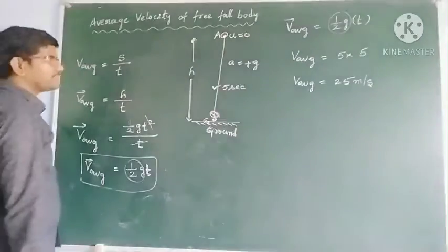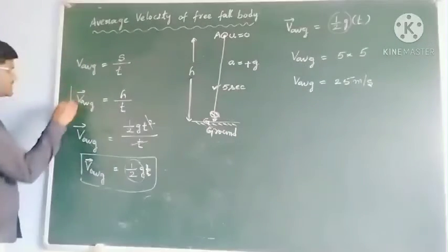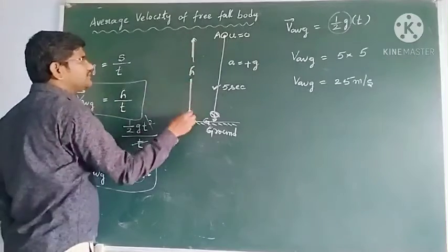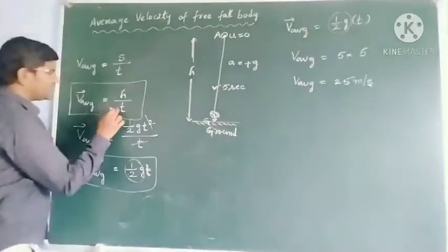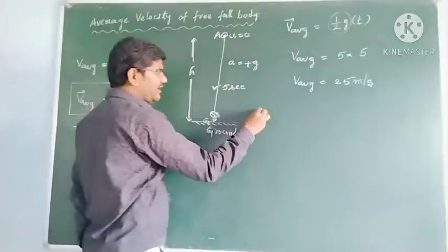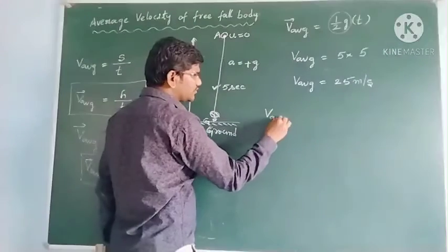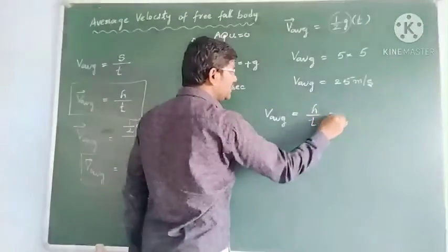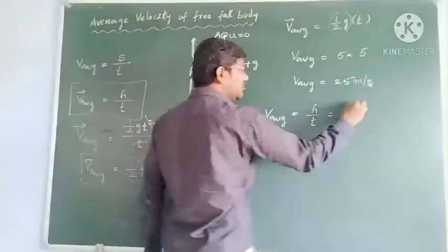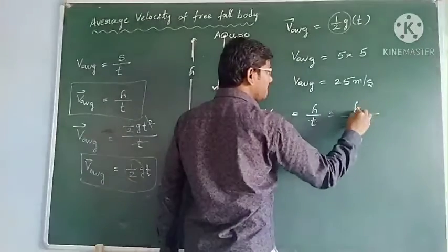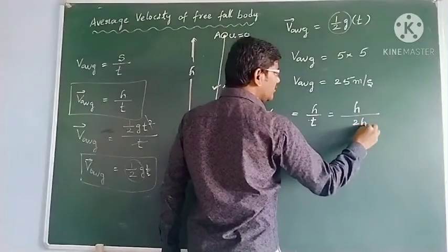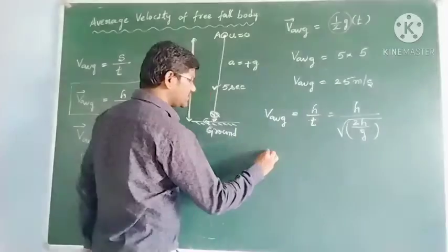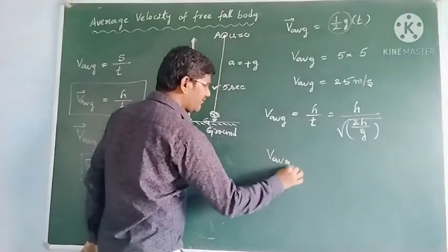Okay students, otherwise the same average velocity, the formula is this one, it has fallen h height in the time of t seconds. The same average velocity we can express like this also. So V average is equal to h by t. Write h as h only, and write the value of t as root over 2h by g. Then V average is equal to